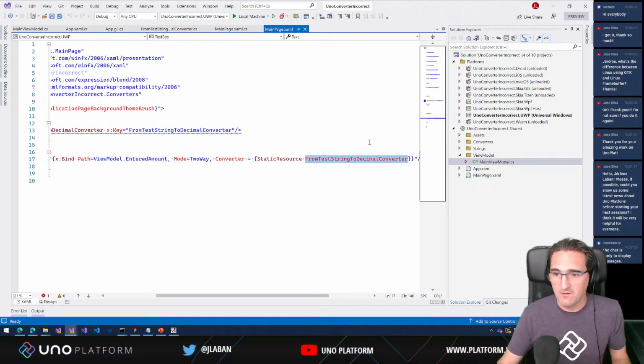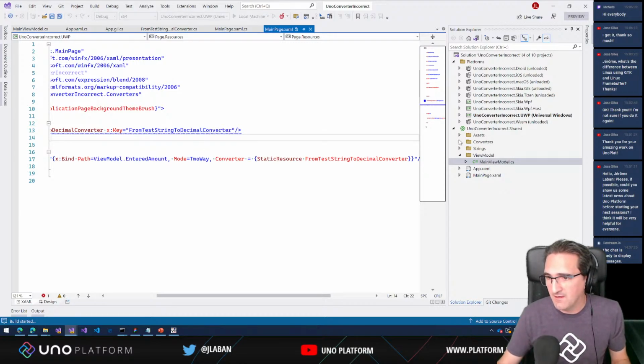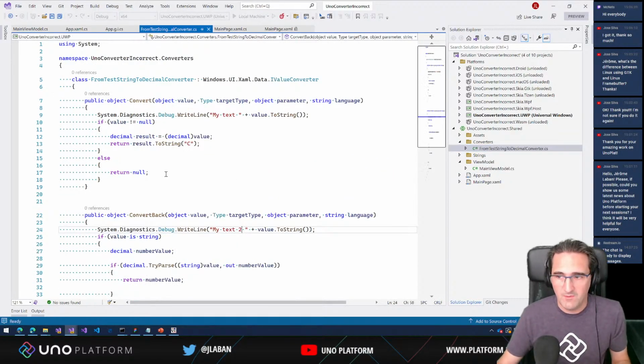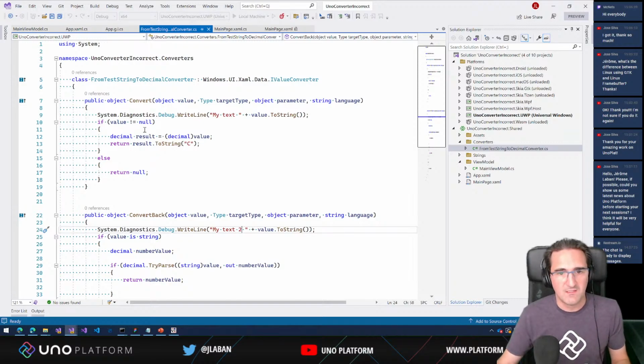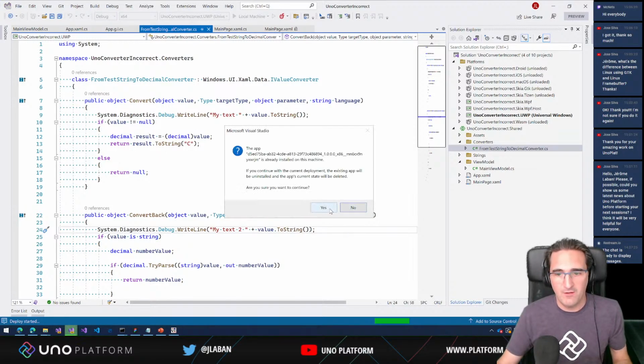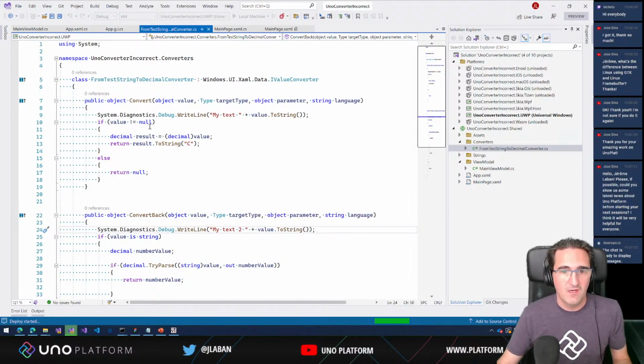So that converter, let's launch the application so you can see what it does. So let's do x64 so it shows quickly. And so we're going to take a look at that in the meantime at the converter. So basically the converter says from the value that's coming from my view model, take that decimal and add the